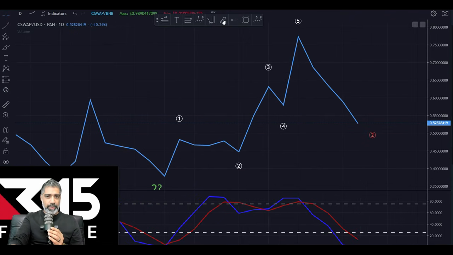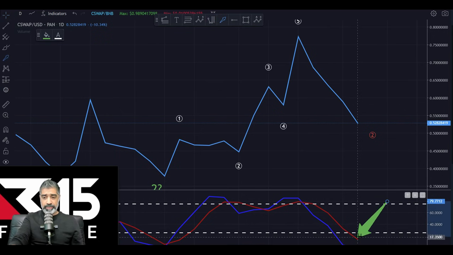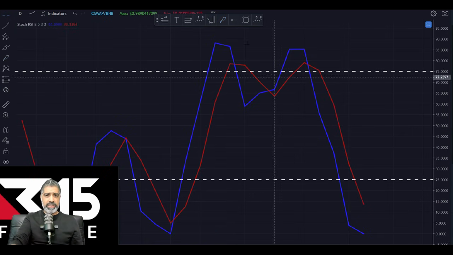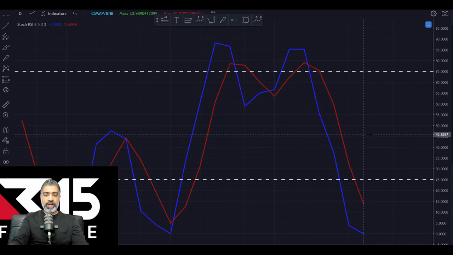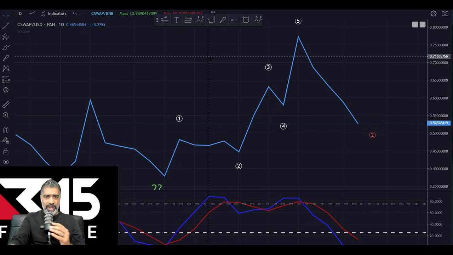So the information that we wanted to have as well is this momentum indicator. This daily momentum indicator is oversold. So when the blue line crosses the red, that will indicate 3 to 5 days of upward movement. That's combining with price. Now let's just do it on the chart. So you saw the theory. Now let's just do the live version.